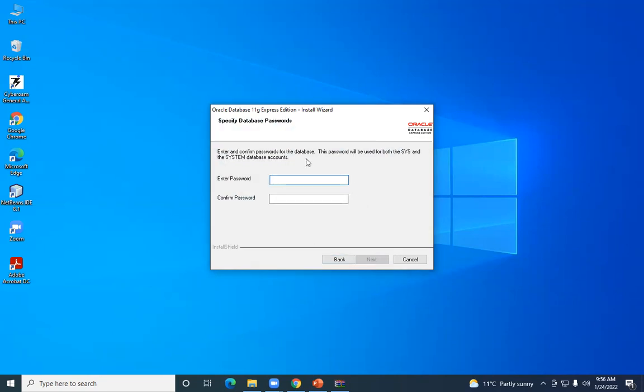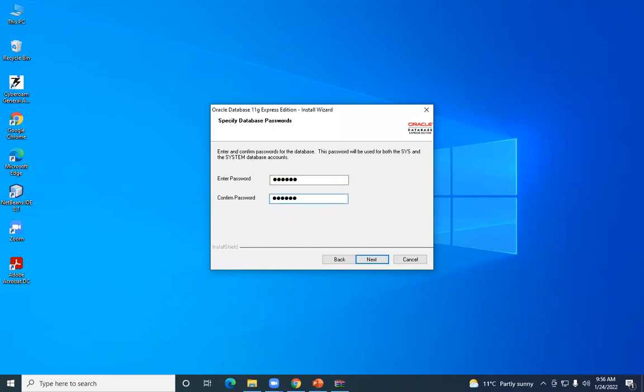Now this part some of you have not understood. Whatever password you're going to give here would be the password for the users, SYS, as you see on screen, and SYSTEM. So these are the predefined users, SYS and SYSTEM, right? And whatever password you enter here would be helpful while you are logging in as the SYS or the SYSTEM administrator. SYSTEM is the database administrator, the DBA, which can help you to manage other users, right? Remember this. So I'm giving some password here,